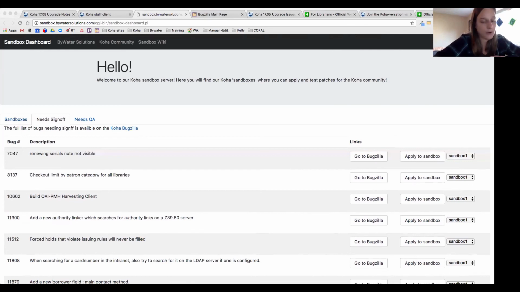There was another one with acquisitions where if you had a canceled order attached to an open basket, it would create an internal server error. So that one is caught and the patches have been applied. So for the most part, right now the patches have been applied to any of our future upgrades, so you should be set moving forward.